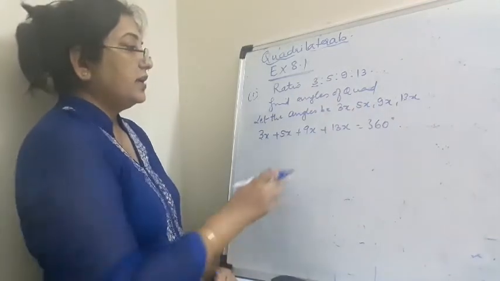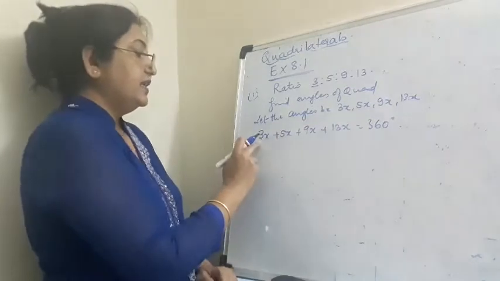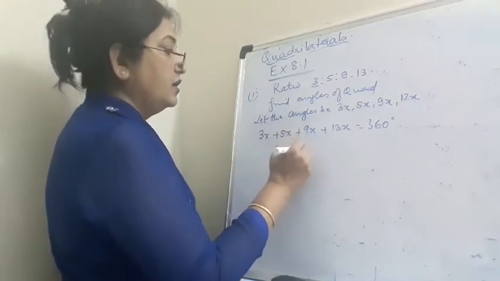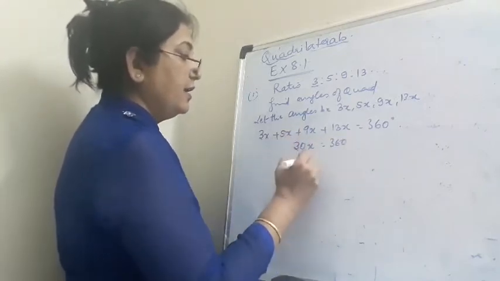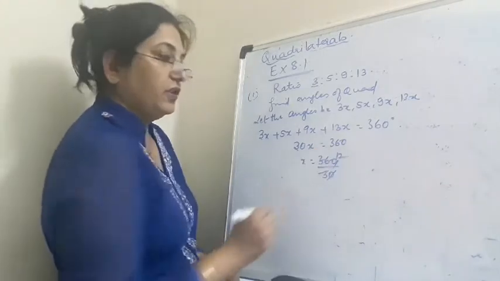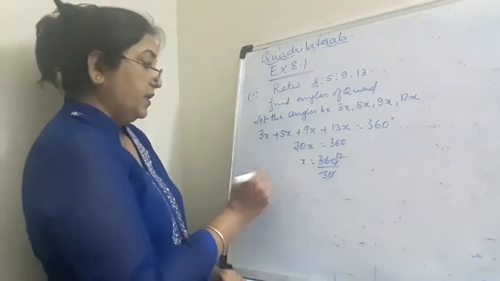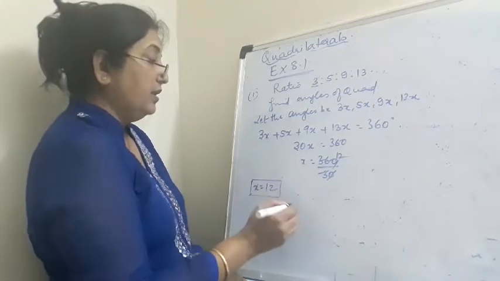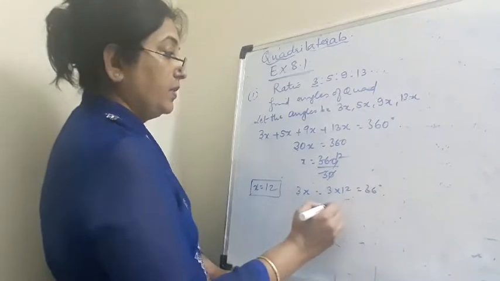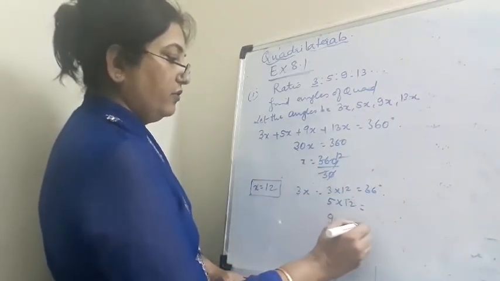Now when you solve this, you get 13 and 3. 13 and 3 will give you 16, 16 and 5 will give you 21, 21 and 9 will give you 30. So 30x is equal to 360, x is equal to 360 upon 30, and that will give you 12. Now 12 is not the answer, we have to find what? We have to find the measure of the angle. So x is equal to 12, 3x, 3 into 12, 36, then 5 into 12, 9 into 12 and 13